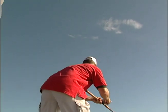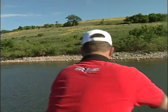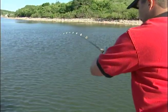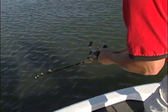Fish on. She's big. She's a good one, too. Oh, man. Bring her in. Oh man, she's pulling it around. Oh, mama. Keep my line out of the way. Golly, might ought to get the net on this one. Get the net out of the...